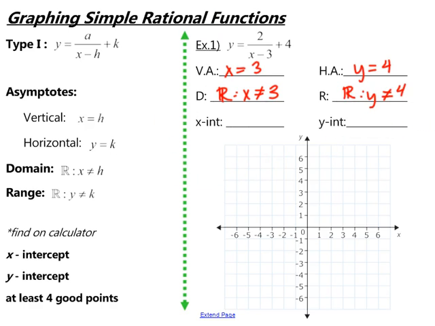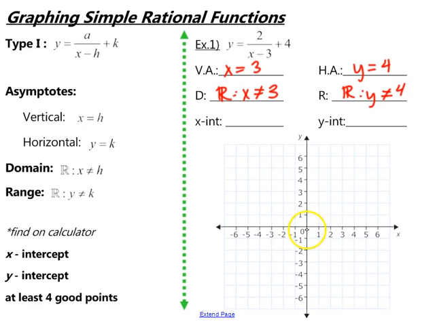Let's go ahead and plot these on our graph. So we have a vertical asymptote at x equals positive 3. So I'm going to go ahead and graph my vertical asymptote, and a horizontal asymptote at y equals positive 4. So here's my horizontal asymptote. So we know that when we draw on our graph, it is not going to be able to cross those